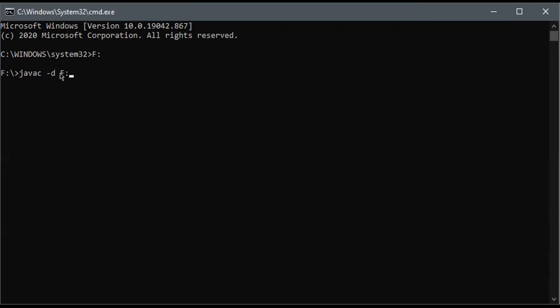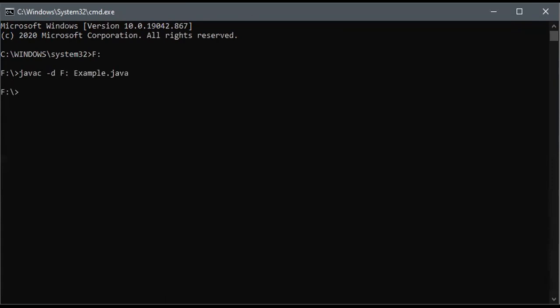Again, I'm telling you, there should be a colon. Inside the F directory, you are going to create that class, not the file. The file is available inside the F drive. Here inside the F drive, you're going to create the class file and then space the name of the class file. Okay. And then press enter.